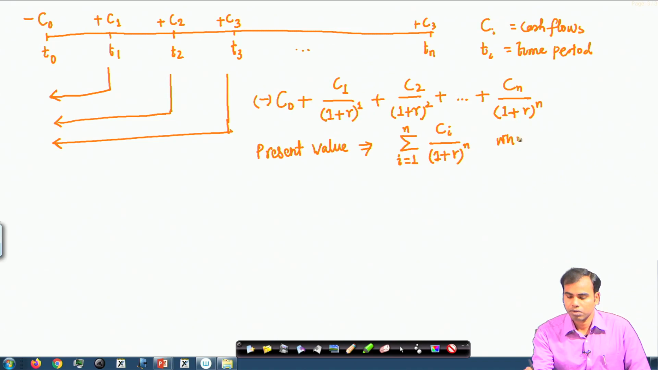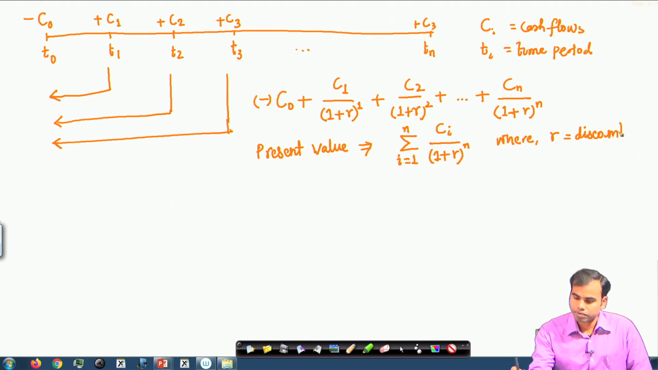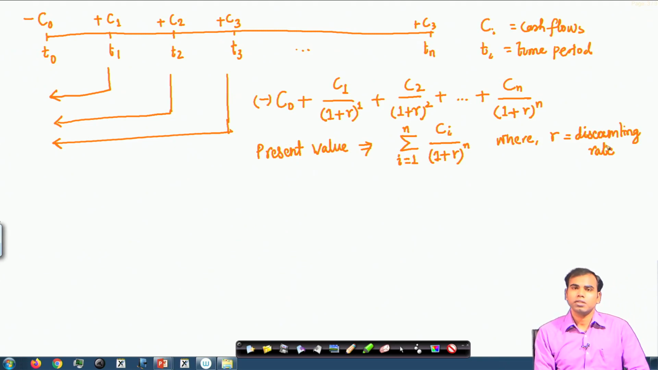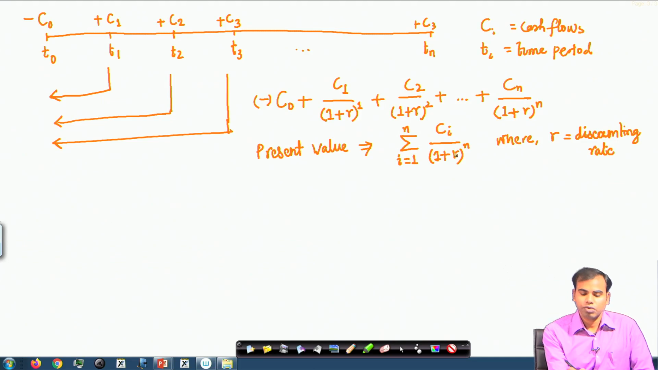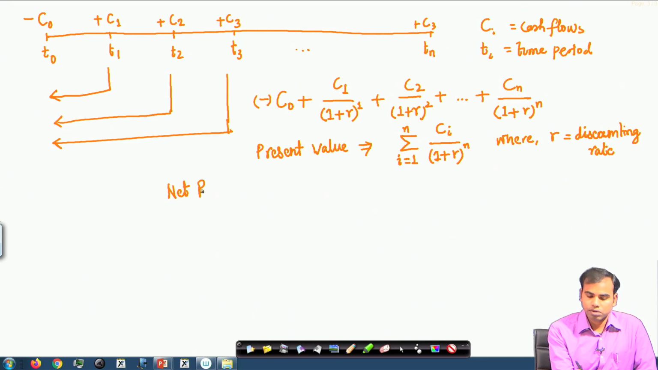Here R is the discounting rate, so discounting rate means this is a rate which can be used to discount the future cash flows to present time. So, present value is given as the sum total of all the present value of future cash flows, and when we try to calculate the net present value, which is the decision criteria here,